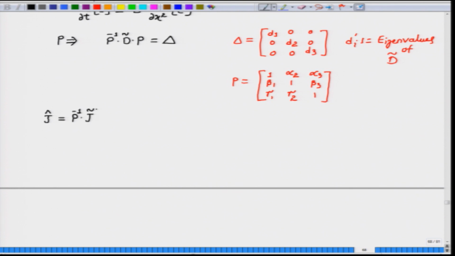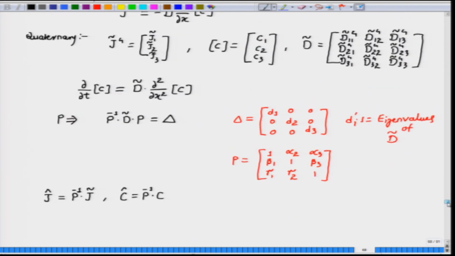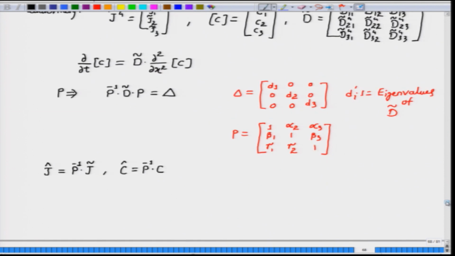So, J cap is equal to P inverse times J tilde, and C cap is obtained by pre-multiplying the original matrix C with P inverse. So, how does this transformation help us? Let us try to look at it. If we now pre-multiply this diffusion equation in the matrix form with P inverse,